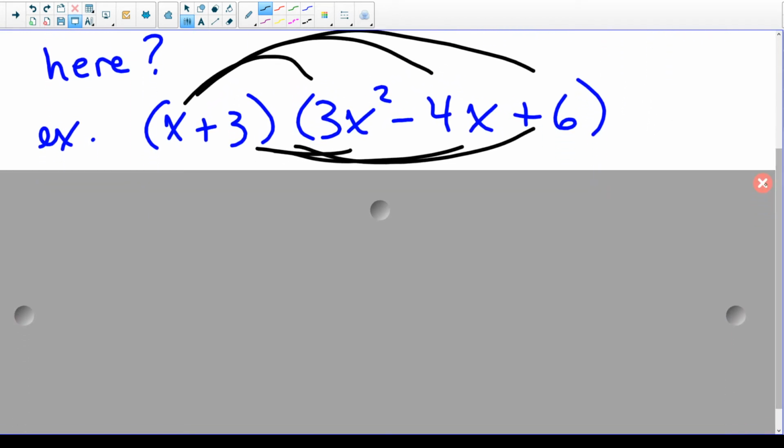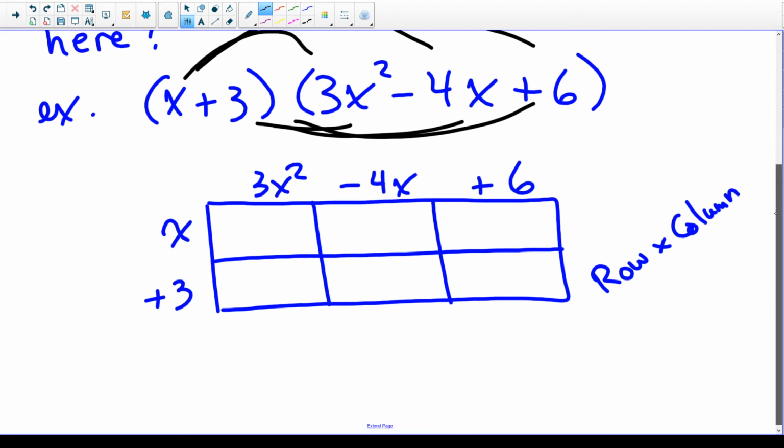Well, the way I like to do this is the idea of row times column. Now, I didn't get this from matrices. I technically got this from algebra tiles. But I find that if I write it this way, right away I can tell exactly how many terms I'm going to end up with. And there's another nice thing that happens as well. So let's multiply row times column. And all I did is take the x plus 3 and write it down the edge here, and the 3x squared minus 4x plus 6 and write it along the top edge here. And that formed my